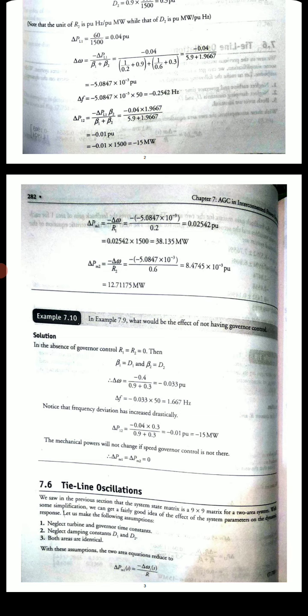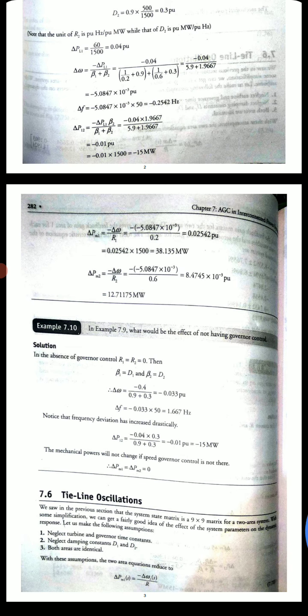Anyhow, you try to solve this problem, and before that you go through the state space model for the two area system. That is purely theory. You write it by your own once again, so you will come to know how exactly the equations are to be written and how exactly to write them in the matrix form. Okay, if you find any difficulties you can call me. Anyhow, I am sending you all the notes by WhatsApp according to your module wise and syllabus wise. Okay, thank you.